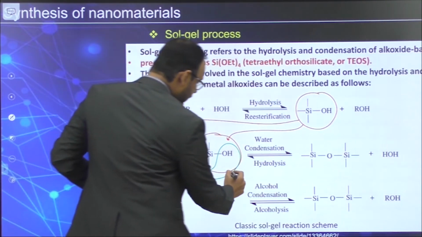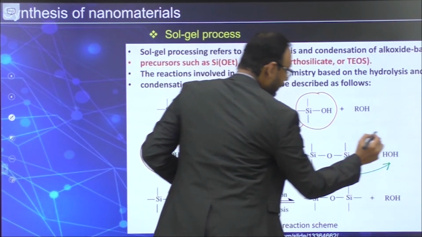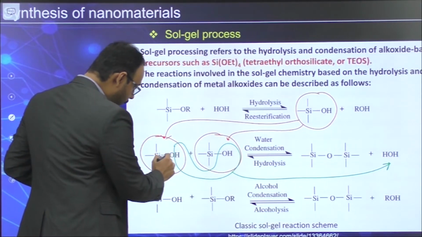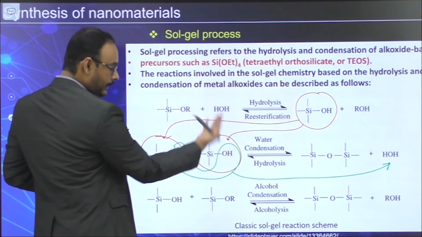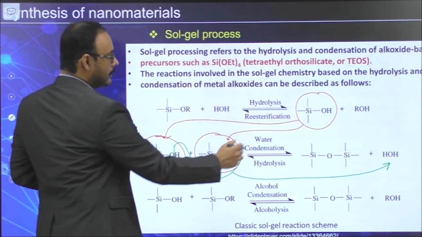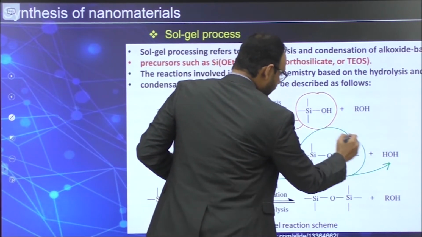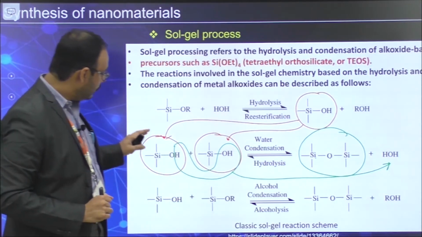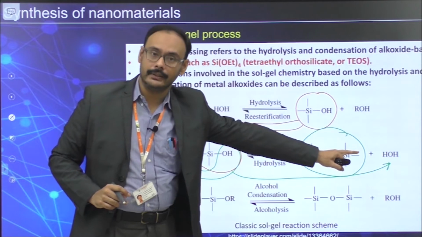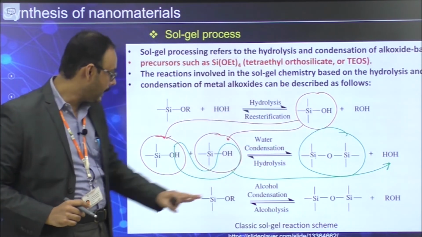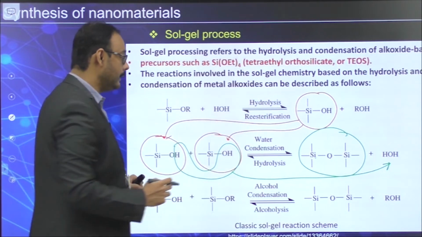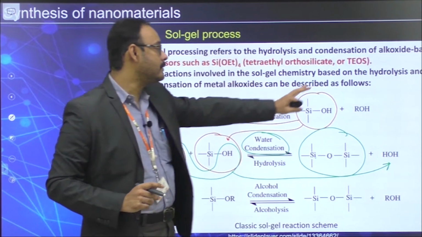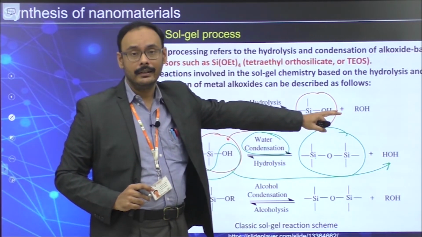So essentially this is going to be here, and what you will end up with? You will end up with SiO and then this Si. You have to think just taking it backwards, so you will end up with the SiO-Si linkage. So what is your byproduct? Your byproduct is water. Once you have water as byproduct, in this context you can call it a condensation reaction. So first hydrolysis will give you this SiOH linkage.